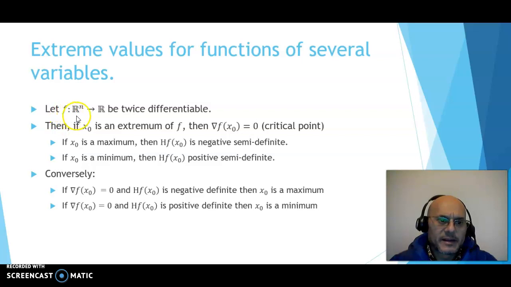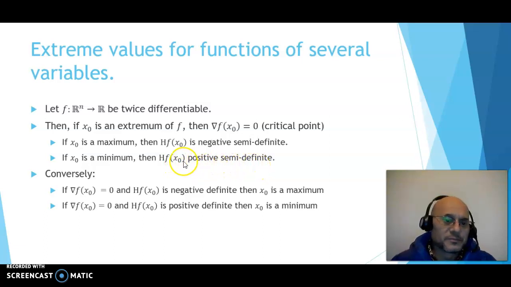Let's think again about this function that is twice differentiable. We can think whether it has a local extrema. If we have an extremum of f, it could be a maximum or a minimum. Then the gradient, which corresponds to the first derivative, must be 0. It is a critical point when the gradient is 0. In a maximum, then also the Hessian matrix, which corresponds to the second derivative, is negative semi-definite. No proper value is positive. In a minimum, the Hessian matrix is positive semi-definite.